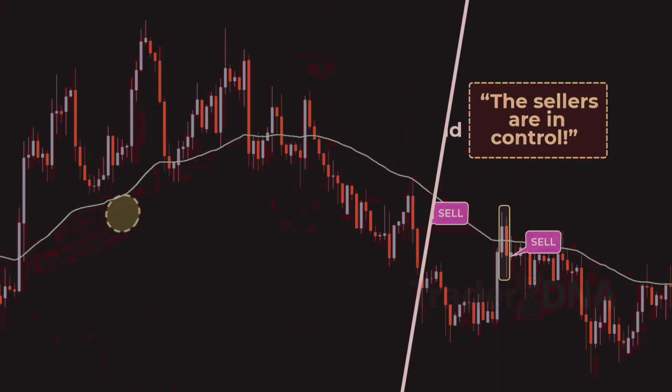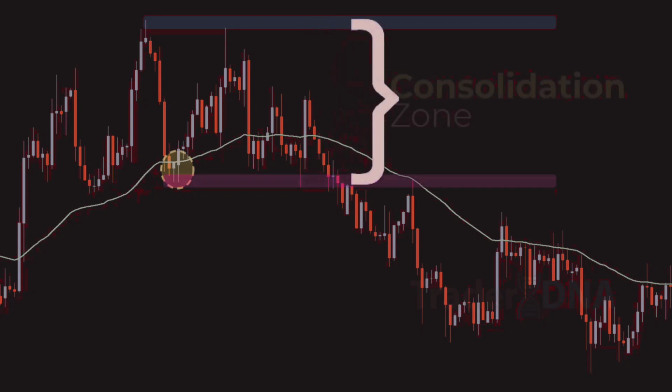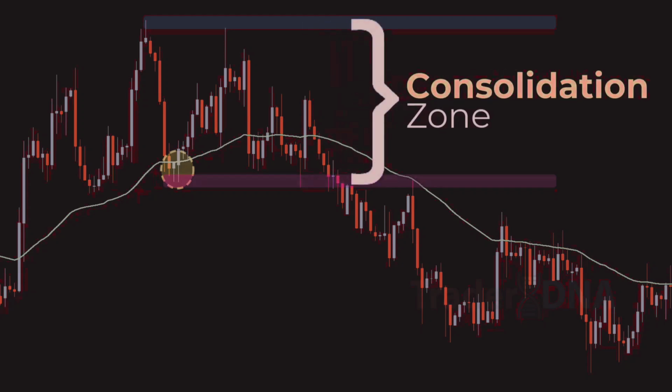When price touches the 50 EMA, just draw two horizontal lines. One at the previous swing low and one at the previous swing high before that EMA touch. The zone between them, that's your consolidation zone. Price is just ranging there, no real trend yet. But once price breaks out of that zone, either above the swing high or below the swing low, boom, that's